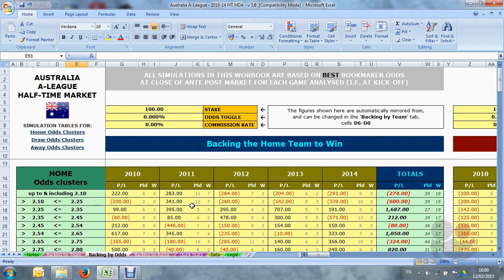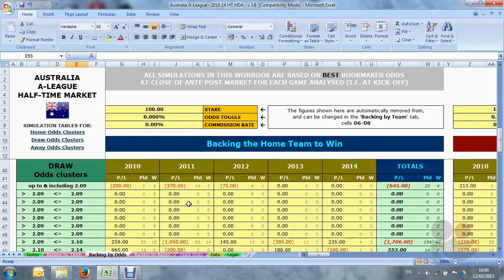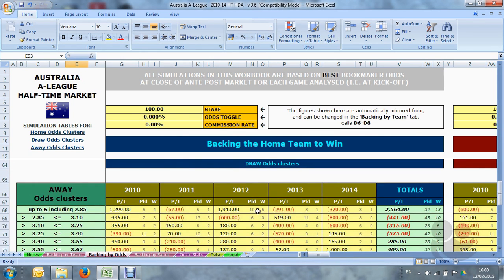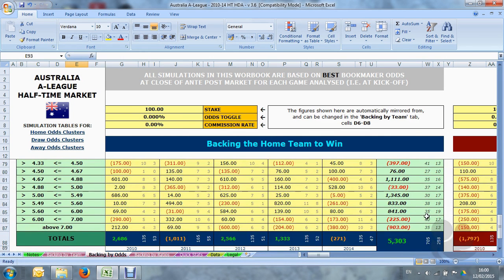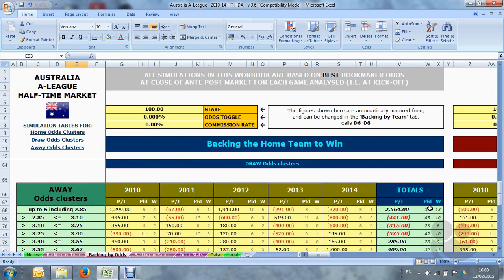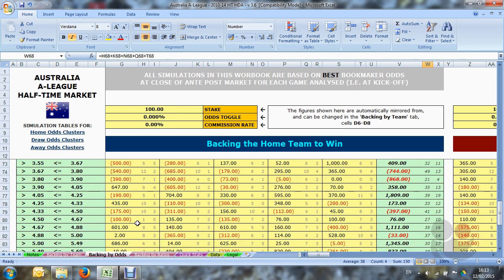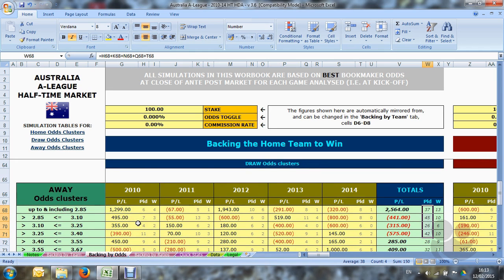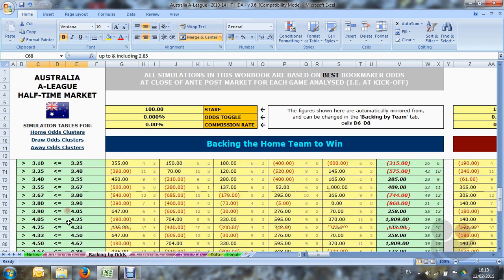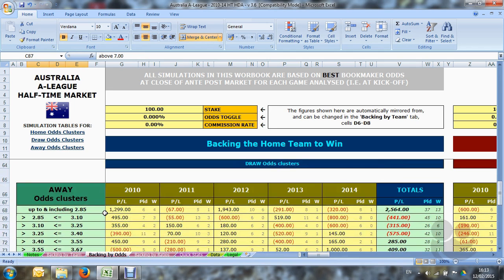Okay, we've unlocked the sheet, and I think what we will look at is the away odds clusters, as they seem to contain fairly even numbers of matches in each of the odds cluster groups. So for the inflection point exercise, what we need to do is just create two groups of clusters. So we'll try and put the losses in one and the profits in the other. The top and the bottom clusters are fixed, so we can't change those, so we'll leave the one below and